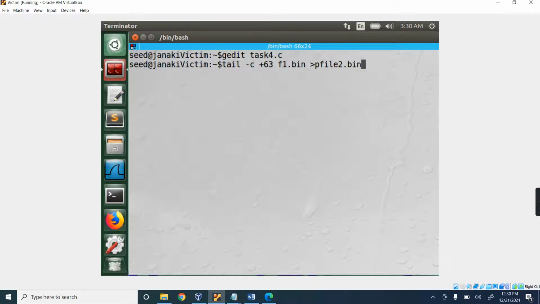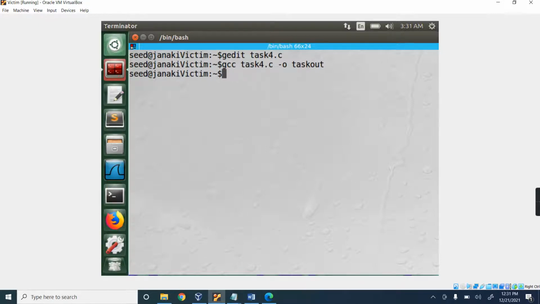Right? So now my program, I am saving it. I am going to run it. First, gcc task4.c -o task4.out. So this is my file which I am running. This file we need to open in Bless Editor.